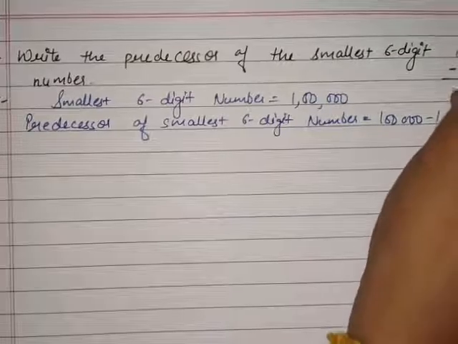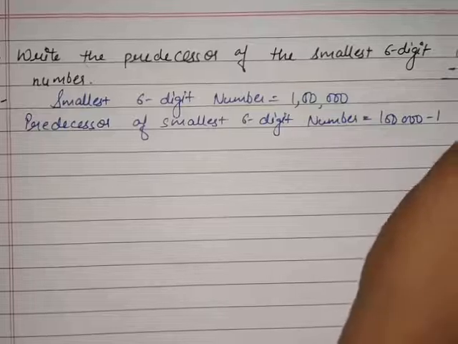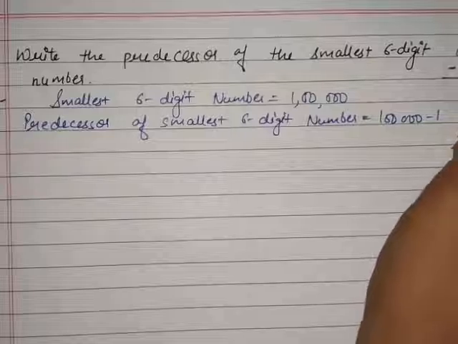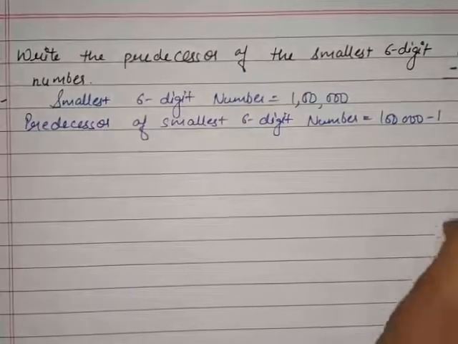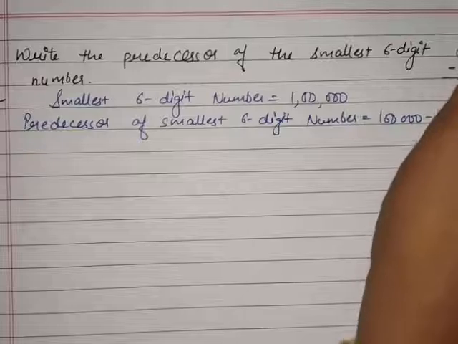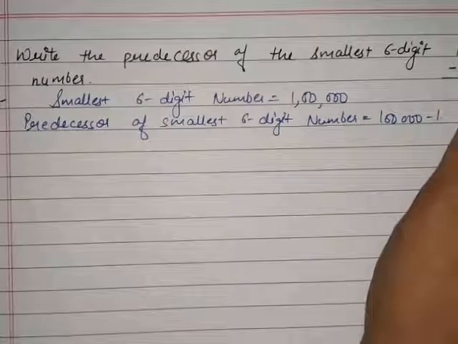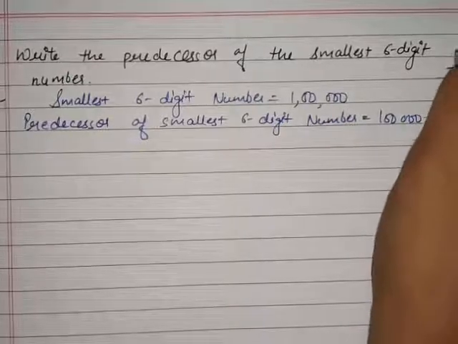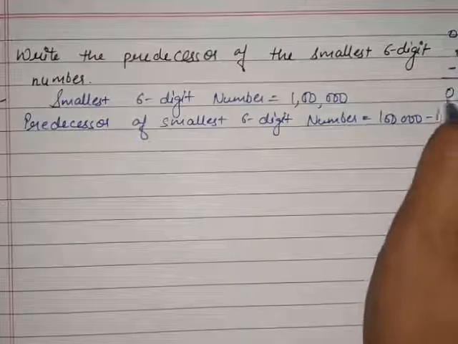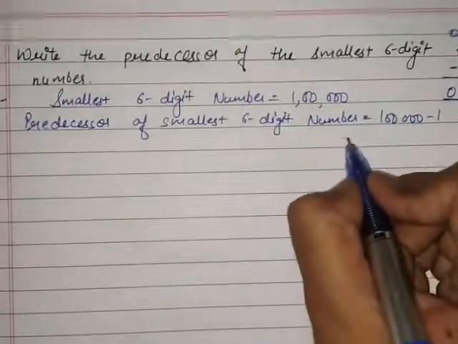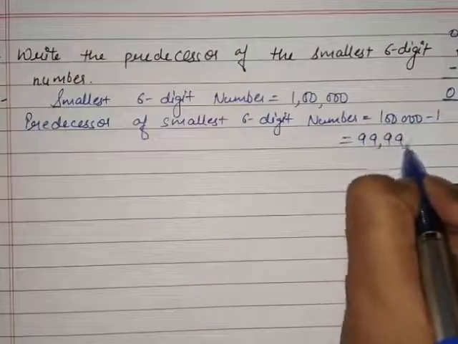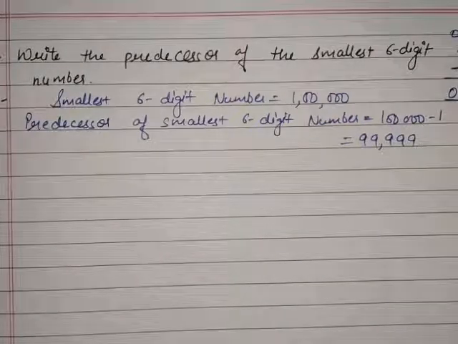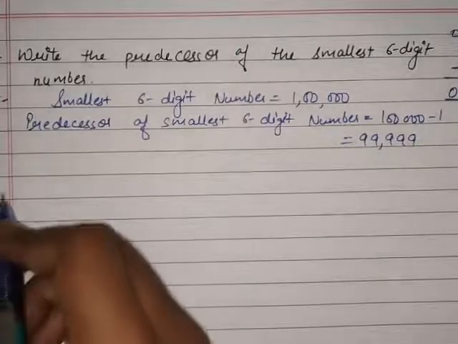So what will it become? 10. 10 minus 1, 9. The next digit has given the borrow, so it becomes 9. 9 minus 0, 9. This continues for each digit. Then 0 minus 0, 0. So what is the number? It is 99,999. Get it? What is the number? 99,999. So we will note down the answer.